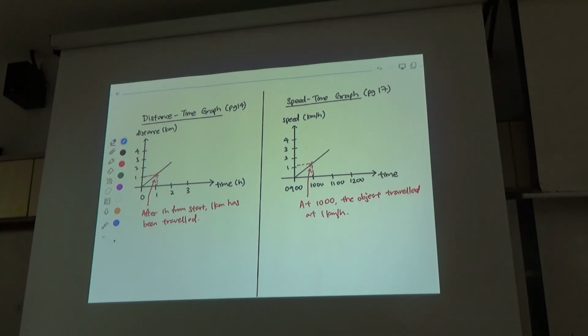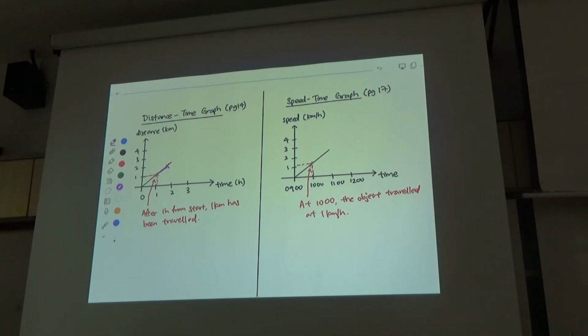Now there are other important things that we need to interpret out of a distance time graph and a speed time graph. Okay, and those are the gradient of the line as well as the area under the graph. So first of all, let's look at the gradient of the line. Gradient of the line itself in a distance time graph. Let's say I have 2 points. Okay, from the first point that I just indicated in red, now I put it purple. So if I have 2 points and I determine the gradient of this line over here,